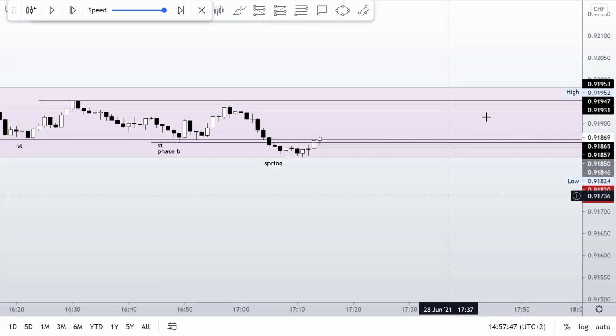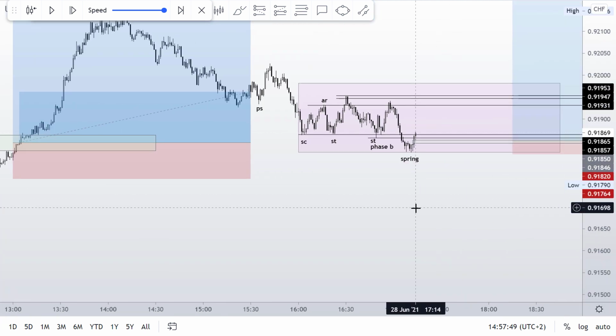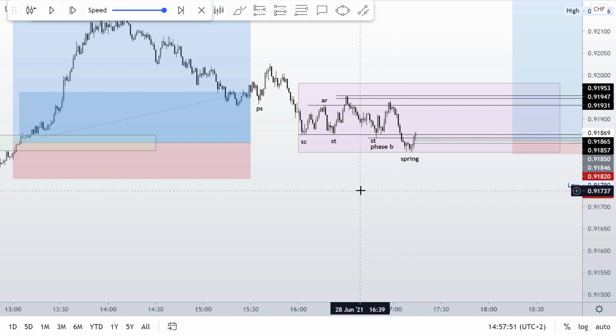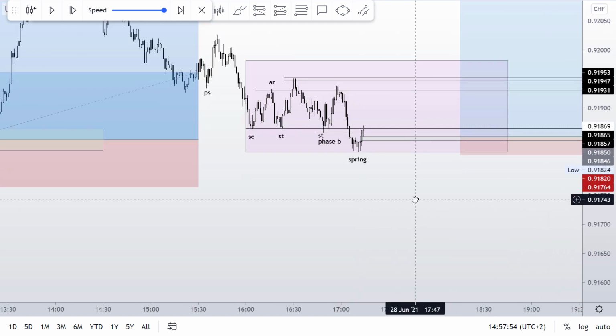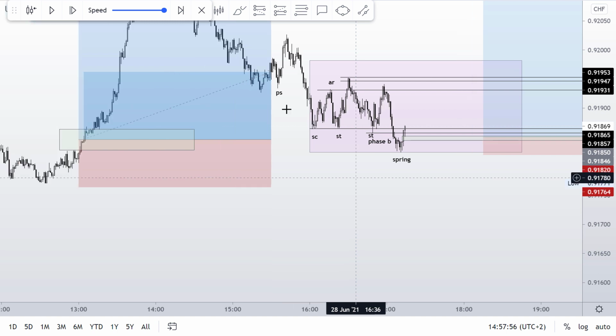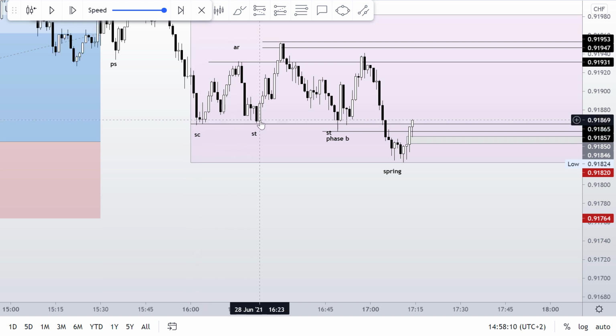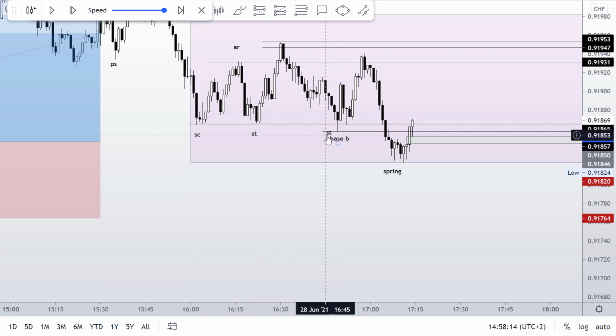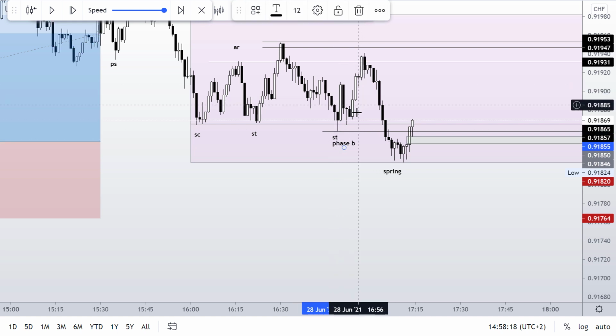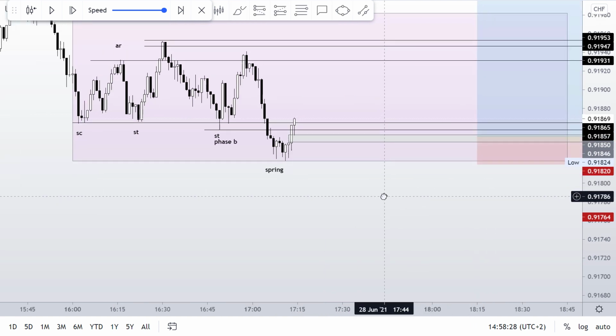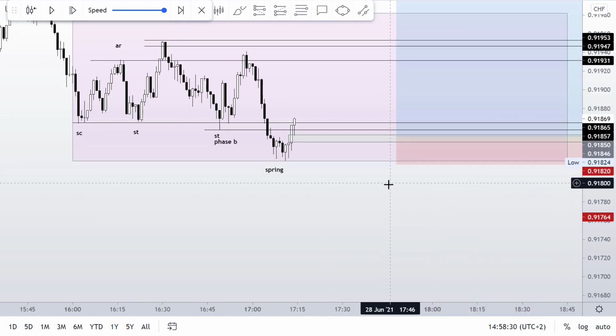Then I scaled down to the 1-minute chart and waited for a reaccumulation to take place. And here we have the perfect reaccumulation, as you can see. On the 1-minute chart, we made equal lows right here, which were broken by this wick. We were probably expecting our spring. It doesn't need to happen, but on this occasion we also broke this low over here, so the market grabbed more liquidity, as we can see.